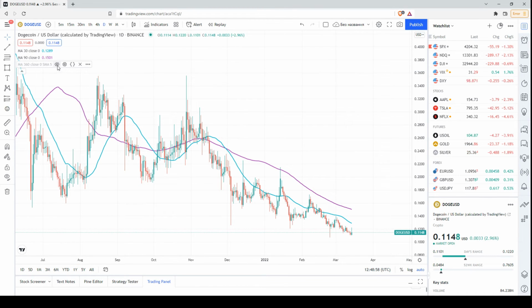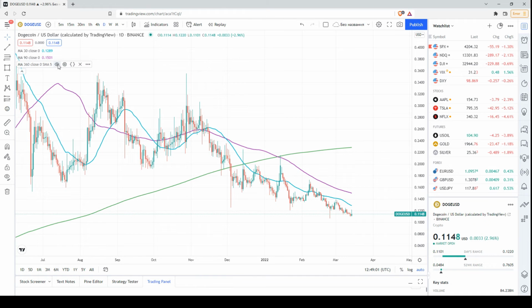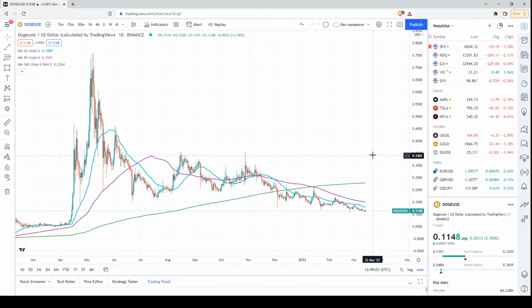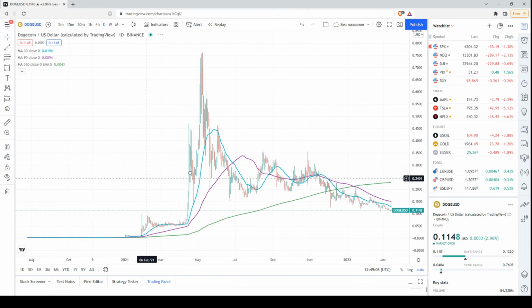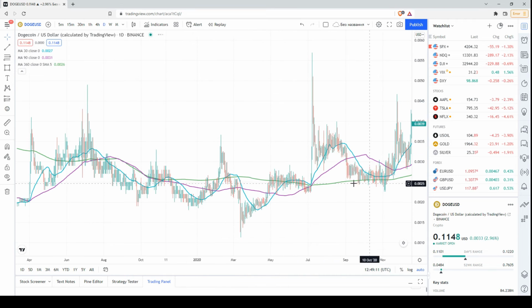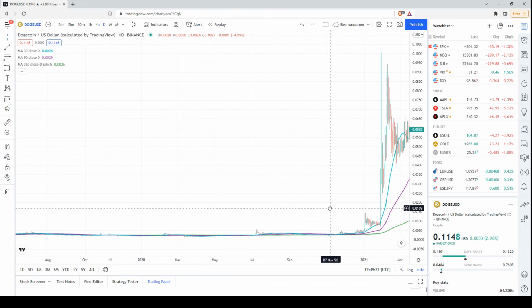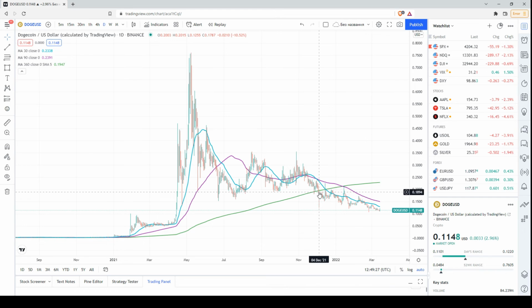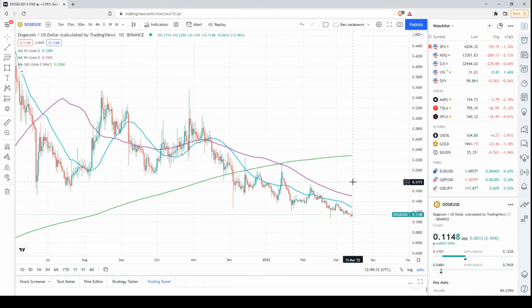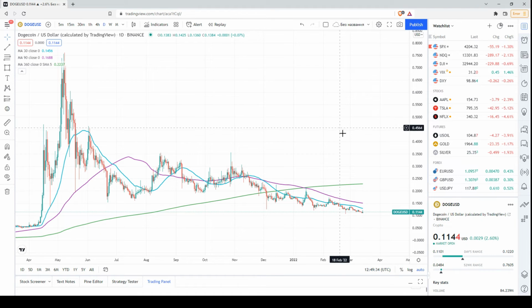And of course, if I add the 1-year moving average, or for the period of 360 days, it is obvious that we are also below this moving average. And let me remind you that since the beginning of the bull market, or during the bull market, the price was always above the green line, or the 360 days or 1 year moving average. This is the very first time for the last, let's say, 2 or 3 years when we see the price below the green line. That's why we have to be really very cautious,